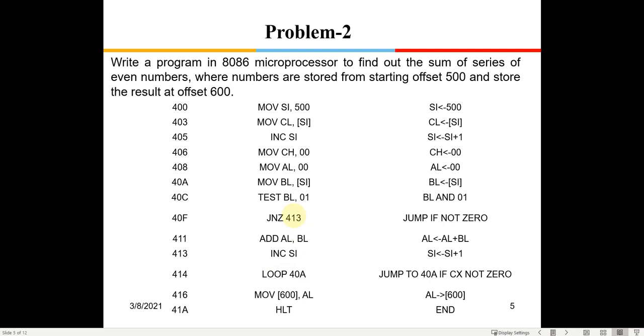Okay, and when we are writing a program for the compiler, not necessarily we need to write all the memory locations there. We can put a label here, and instead of 413 we can write some label here, and then we can indicate the label here. So the compiler will adjust that, but in assembly language it's always the memory location which is specified.